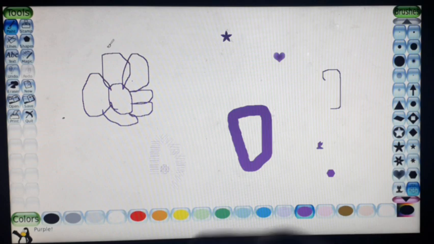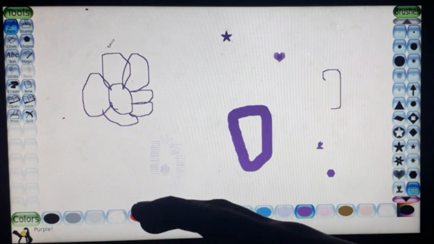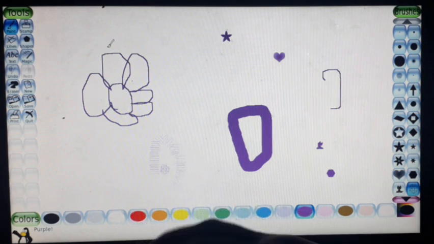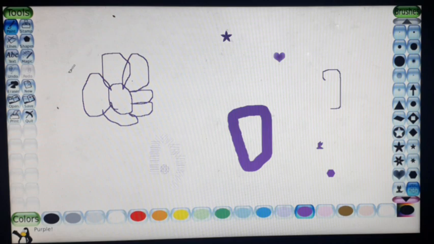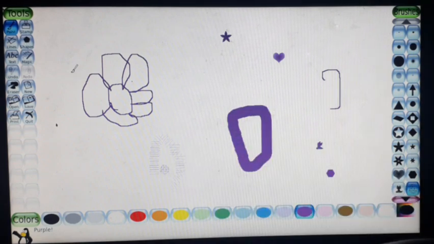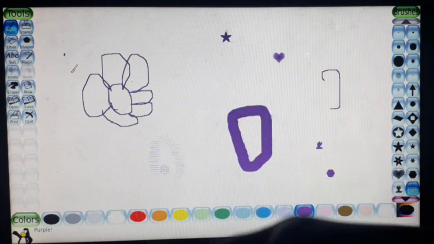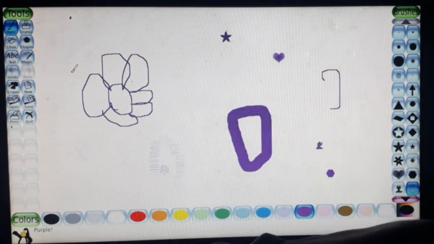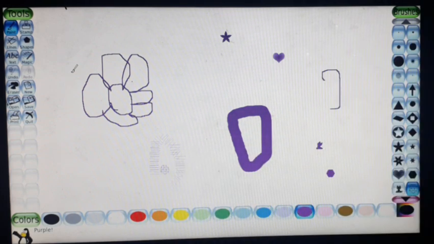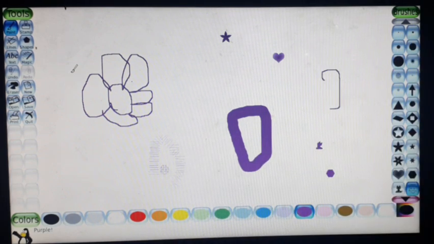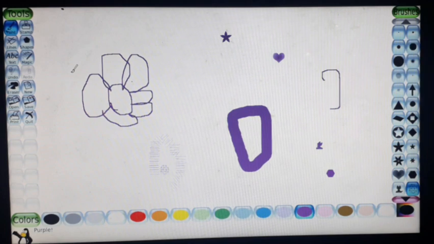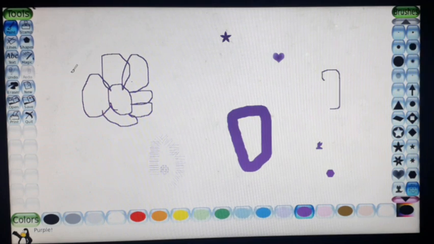In this class, we have learned two tools. One is the New tool and another one is the Paint tool. The New tool is used for taking a new page. Then the Paint tool is used to draw the pictures. And we have learned about the main parts of the Tux Paint window. The main parts are tools, present at the left side. Then colors are present at the bottom of the screen. Then selectors are present at the right side. Then another one is the drawing canvas. The drawing canvas is used to draw the pictures.